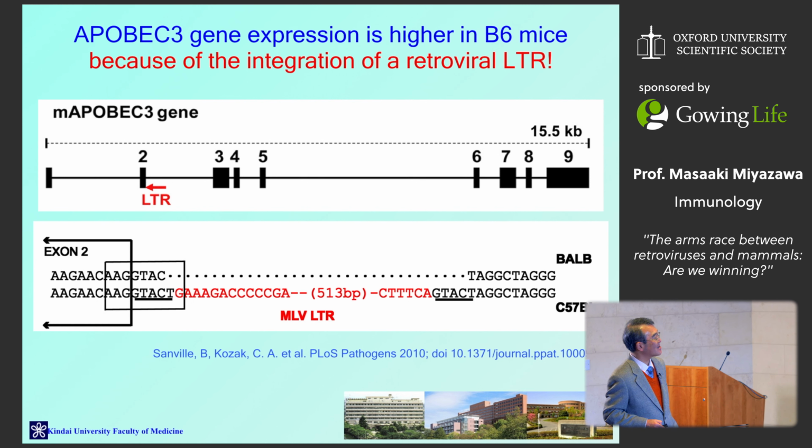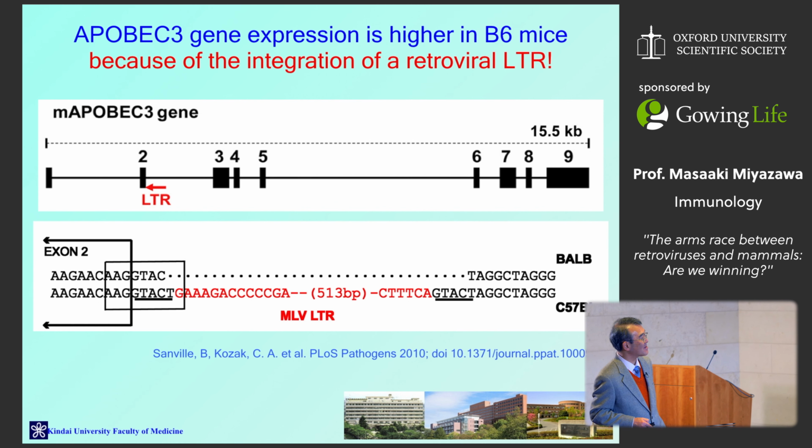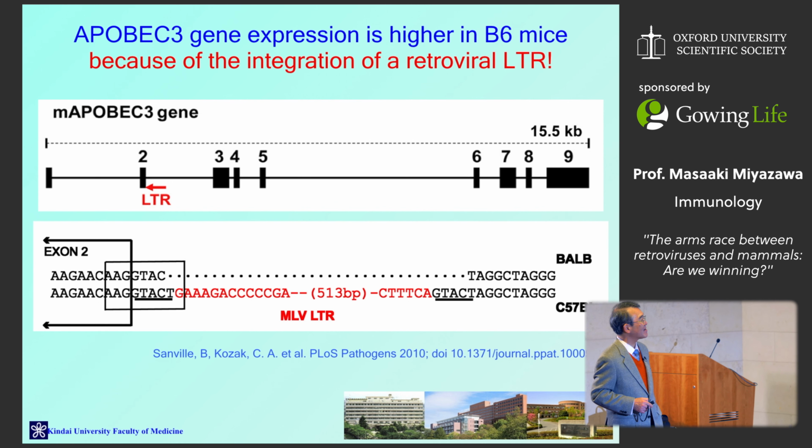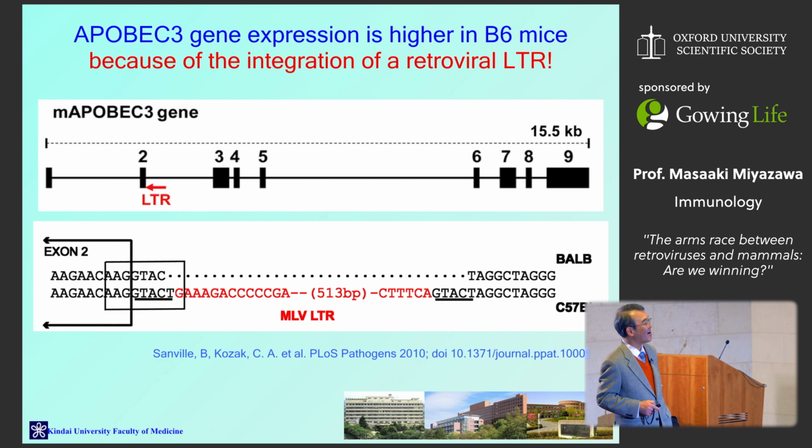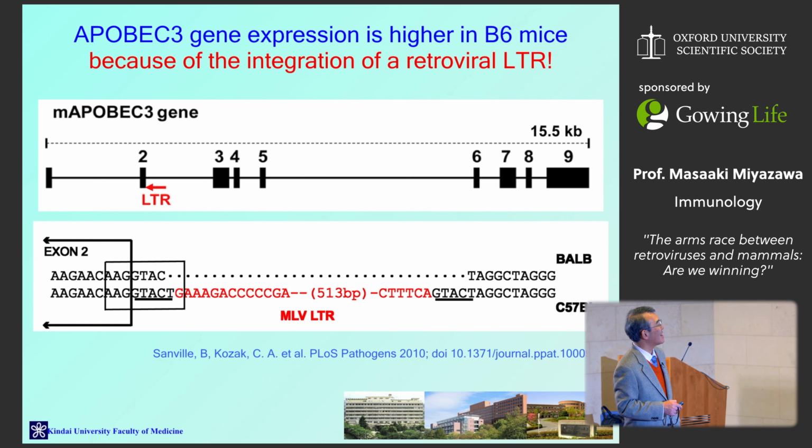In the resistant B6 strain, there's an insertion of endogenous retrovirus within the intron between the